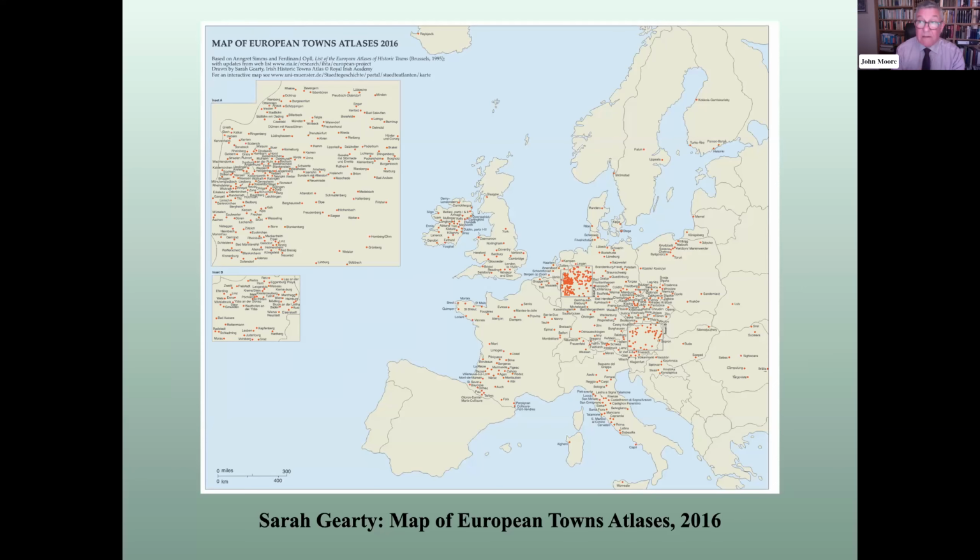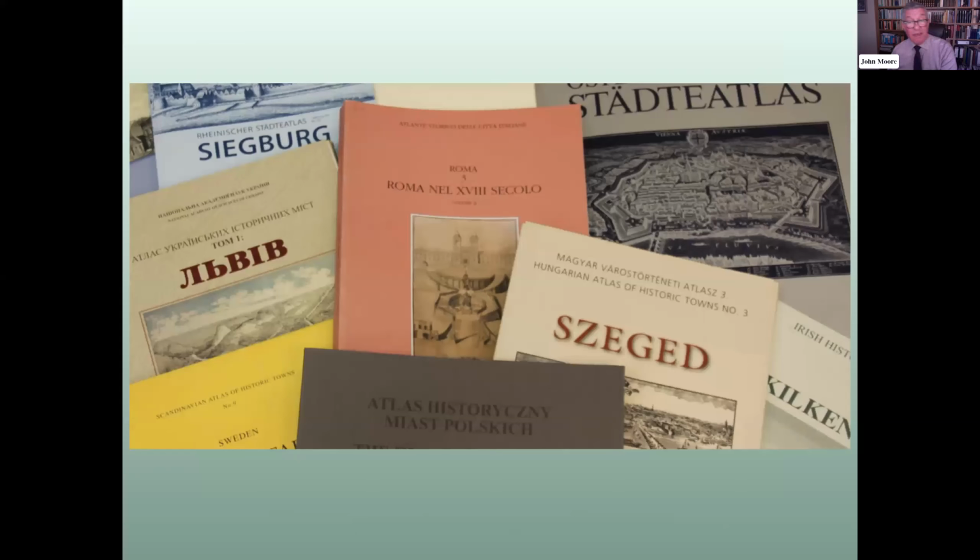production. Some of you may have enjoyed last year's series of lectures on maps of the European Historic Towns Atlas, which formed part of the Oxford Seminars in Cartography. These covered work done in Germany, Great Britain, Ireland, and East Central Europe. In all, more than 500 atlases have now been published, and this image gives you an impression of their variety.